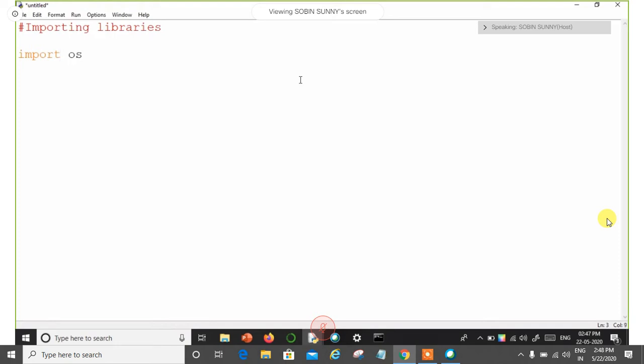First thing, I'm importing OS. What is this OS? Operating system. You're going to import the operating system library. But why is it necessary? Previously we went to a particular folder, scripts, right, in order to find the pip file. So who is actually governing these folders? It's the operating system, right?